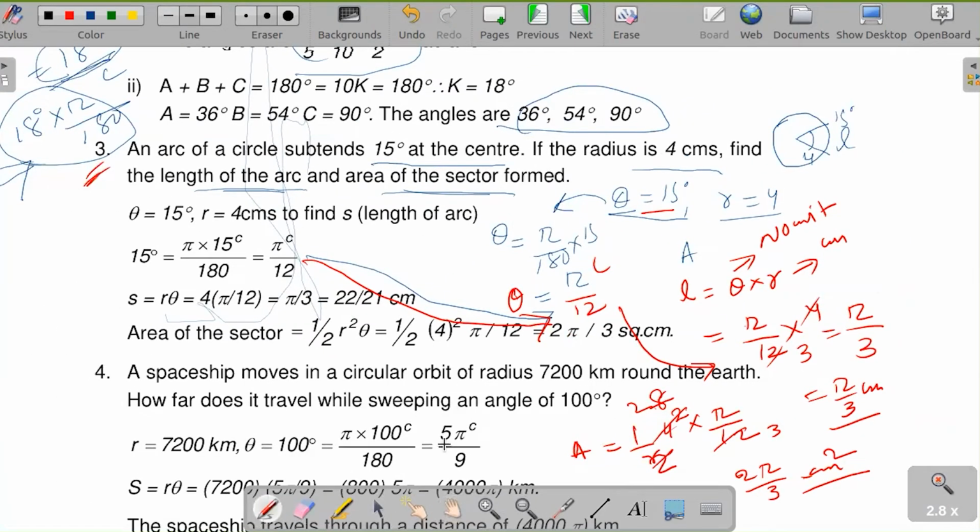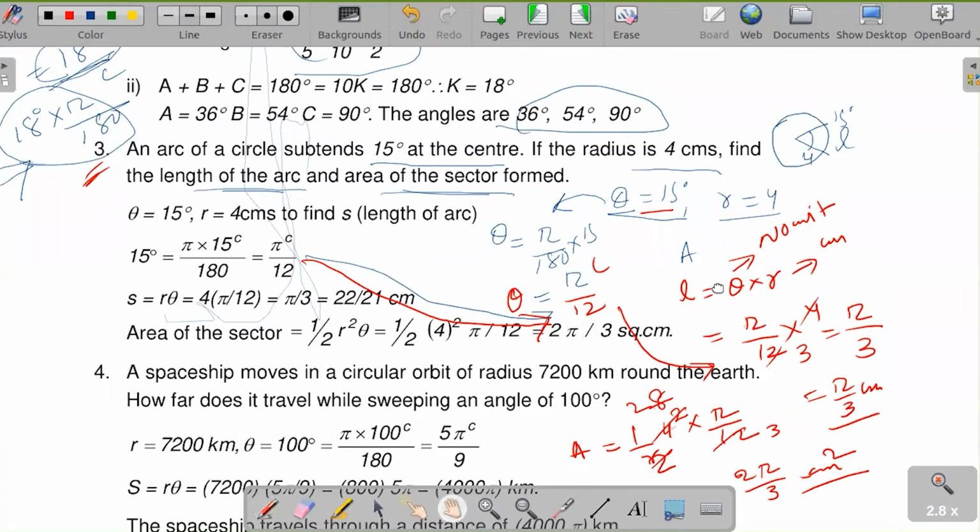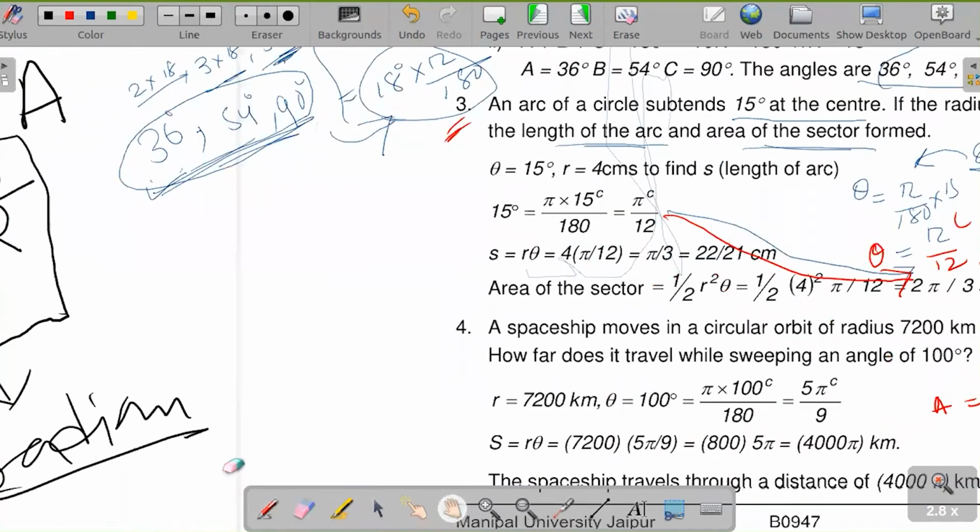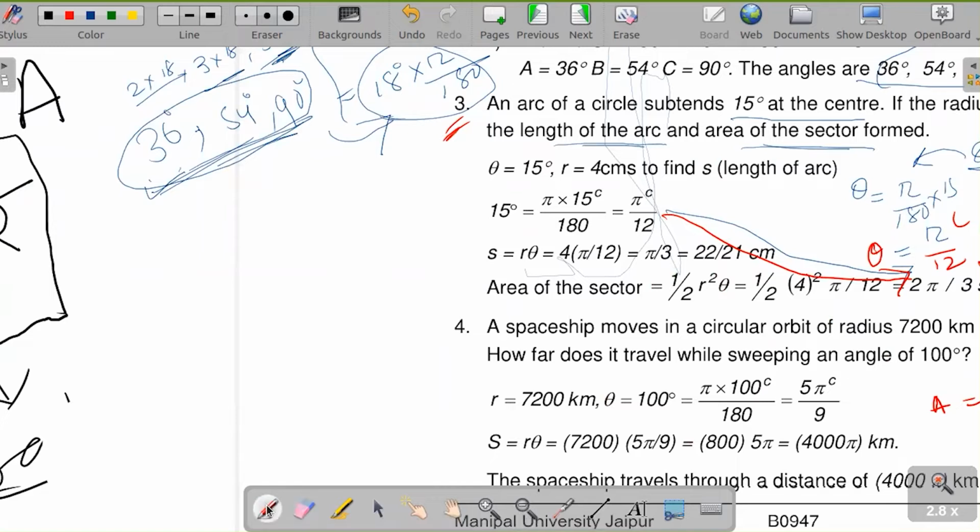Hello. Could you explain the area again? Okay. So I think it will be easier if you mention the formula of area first separately, and then you do it so that they will understand it.